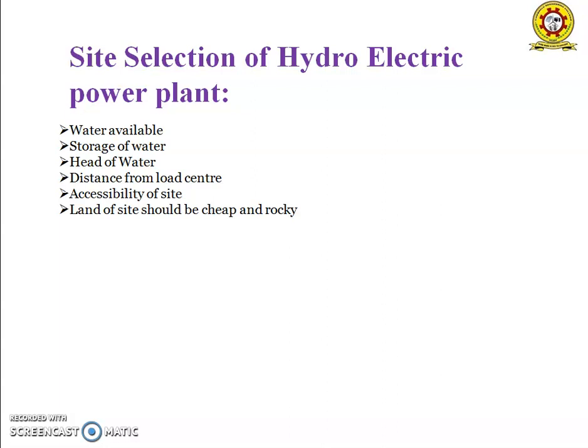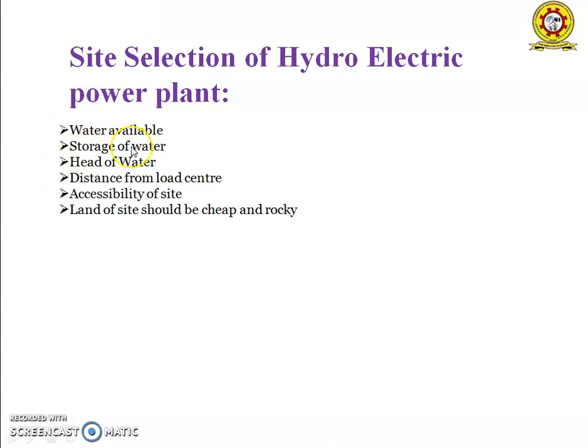An estimate should be made of the average quantity of water available throughout the year, and also the maximum and minimum quantity of water available during the year. These factors are necessary to decide the capacity of the hydroelectric plant, the setting up of peak load plants such as steam, diesel or gas turbine plants, and to provide adequate spillways or gate relief during the flood period.